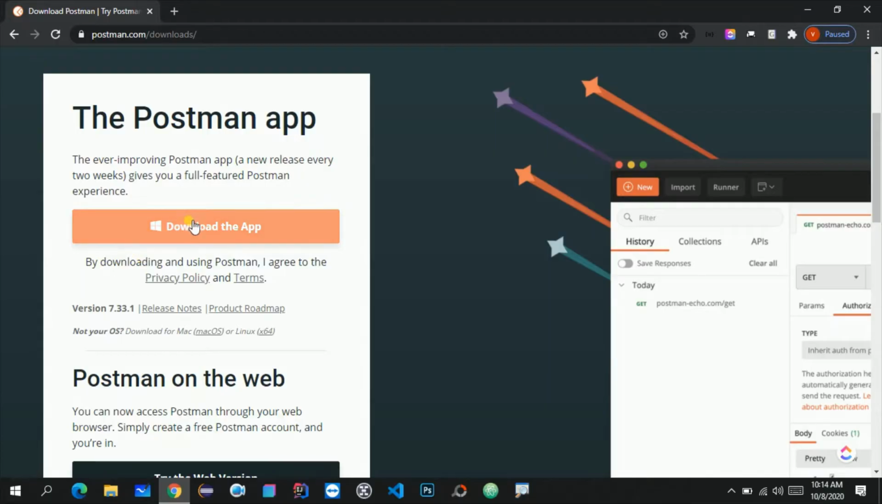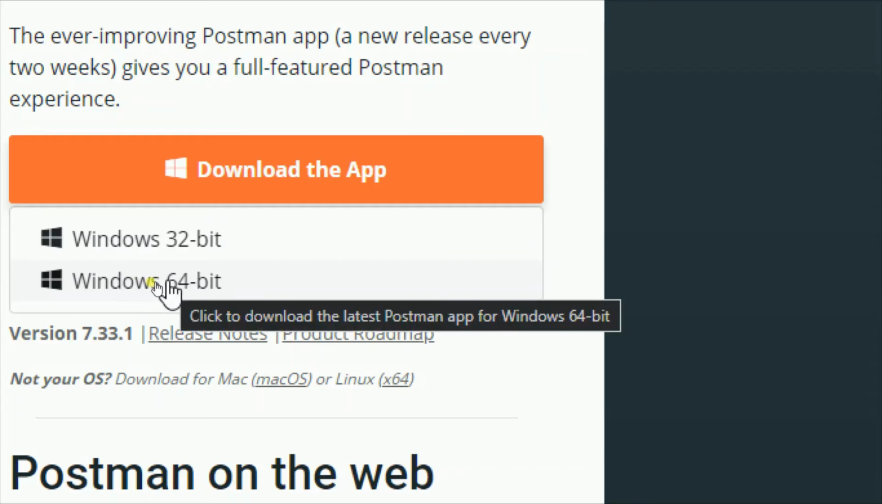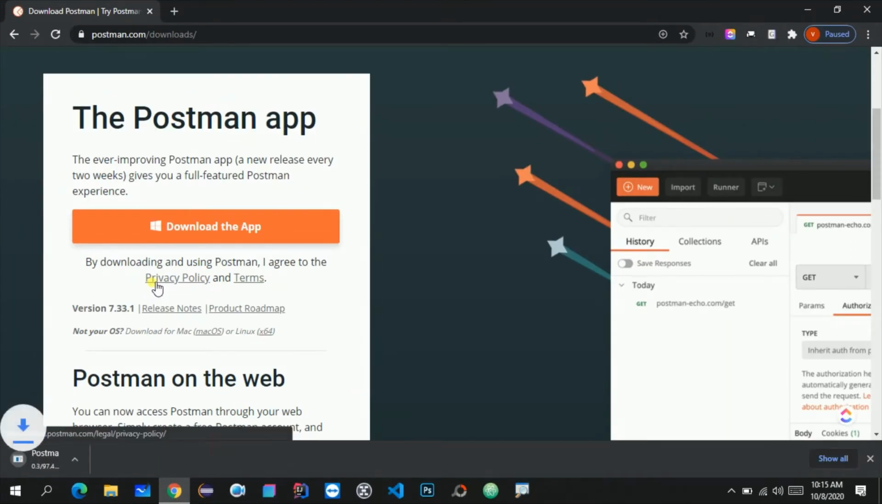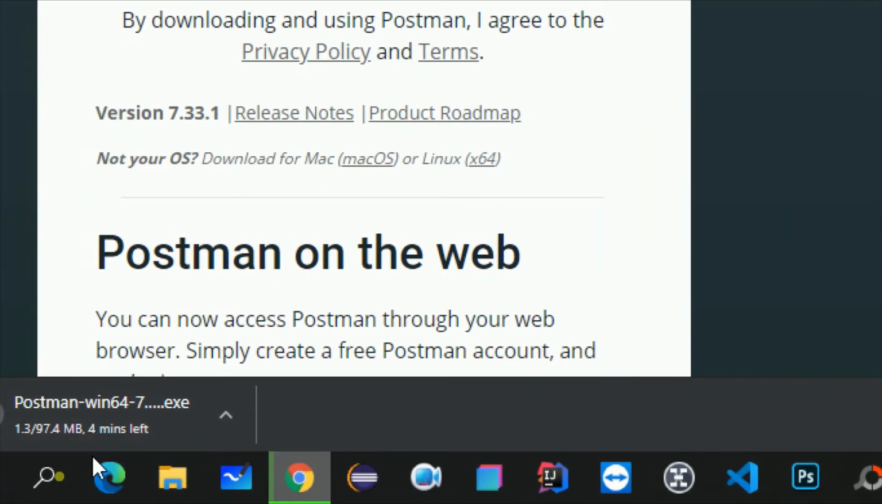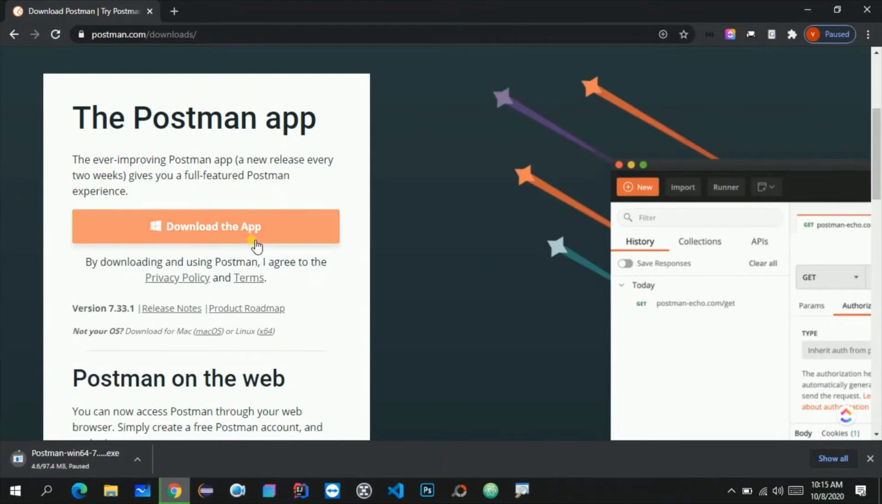So let me click on this, download the app, and it will start downloading. Like we need to choose these 64-bit and 32-bit options. So in this case my operating system is 64-bit, so I need to click on this and download will get started. So it is approx 100 MB. So let me pause this, because for the purpose of this video I have already downloaded this and kept it